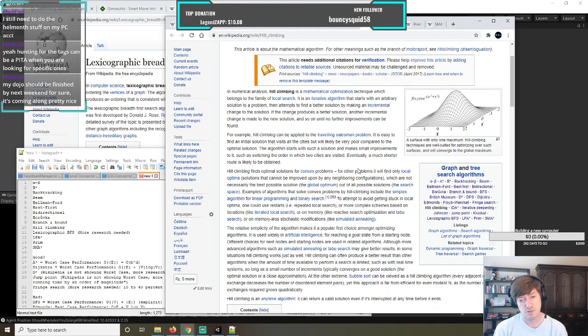Relative simplicity of the algorithm makes it a popular first choice among optimizing algorithms. It's used widely in artificial intelligence for reaching a goal state from a starting node. Different choices for next nodes and starting nodes are used. Related algorithms, although more advanced algorithms such as simulated